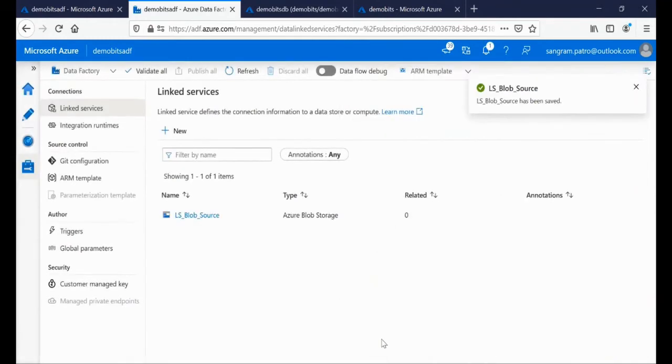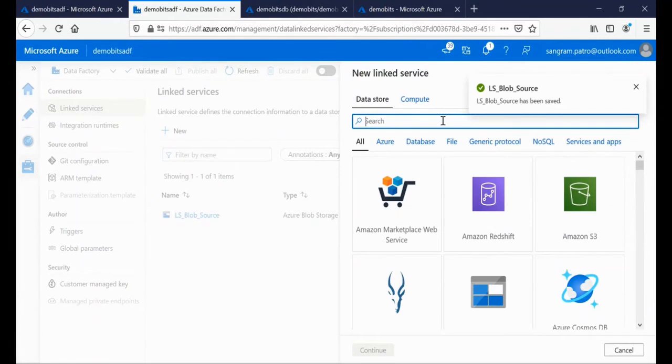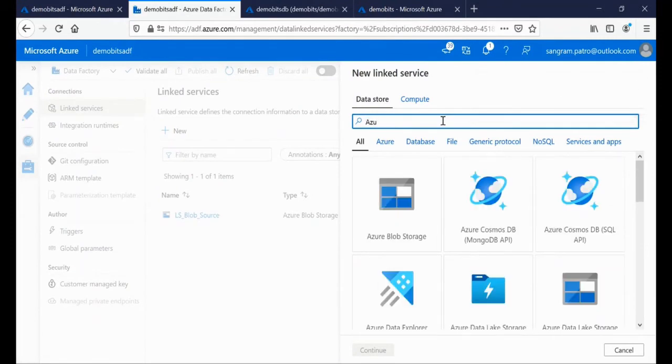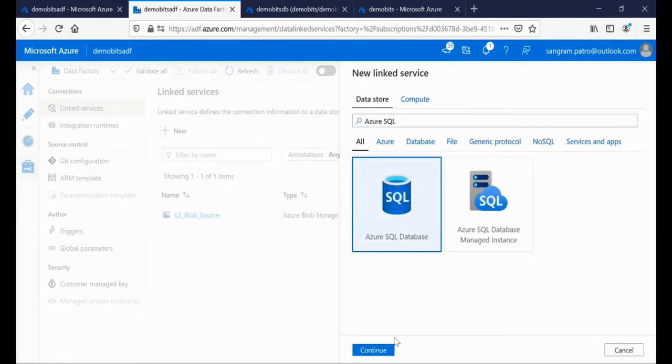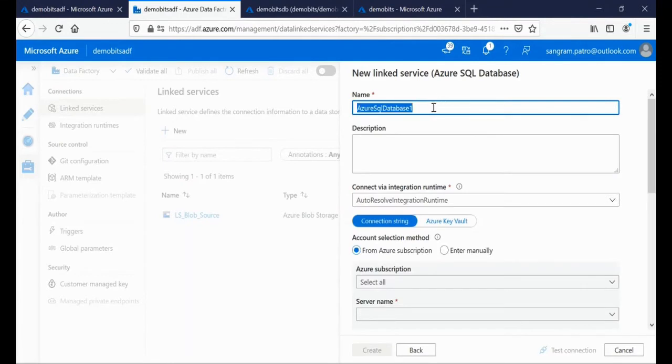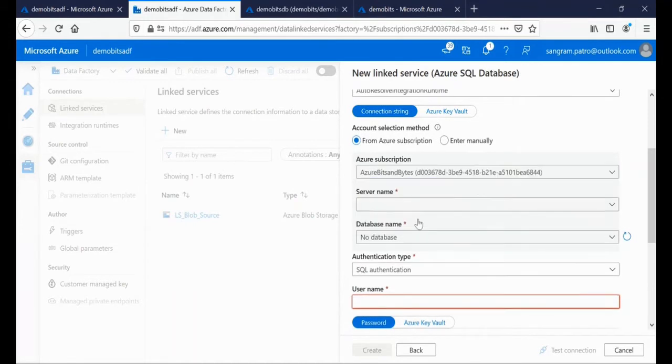Similarly, I would create a linked service for the SQL table. So click on new, type in Azure SQL database, continue, ls SQL, and then the name of the database is demobitsdb, and then select your subscription.